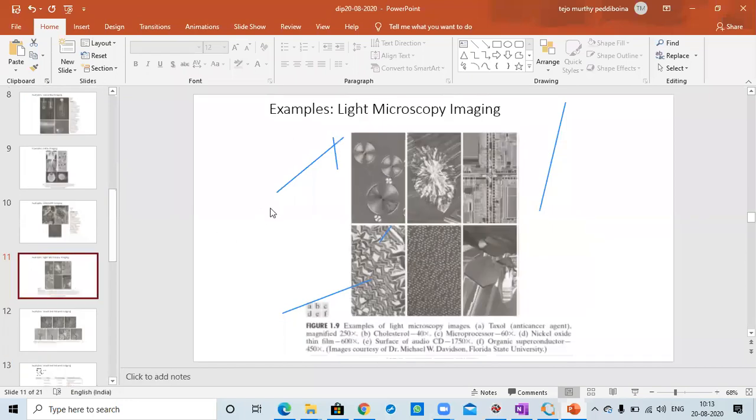Another example is light microscopy imaging. In light microscopic imaging, we use different types of lasers or other types of sources for getting the information magnified. Microscopy finds so many applications in medical fields, for example, identifying viruses, bacteria, or understanding the chip in a larger way, magnification. So this is used basically for magnification purposes.